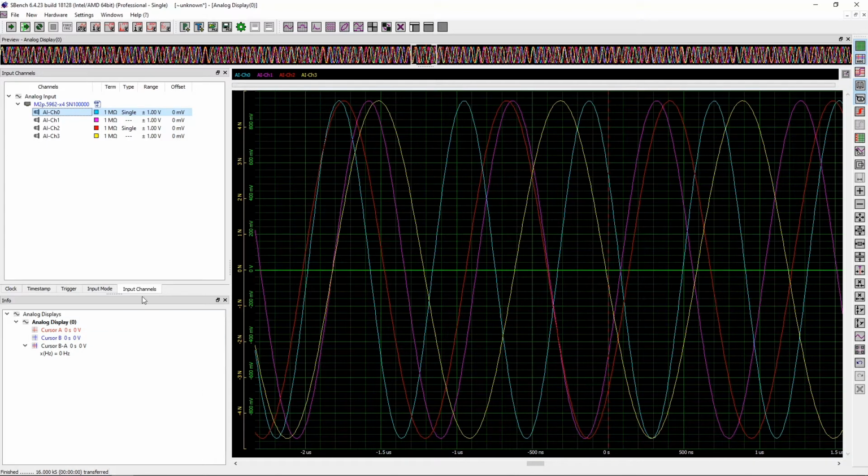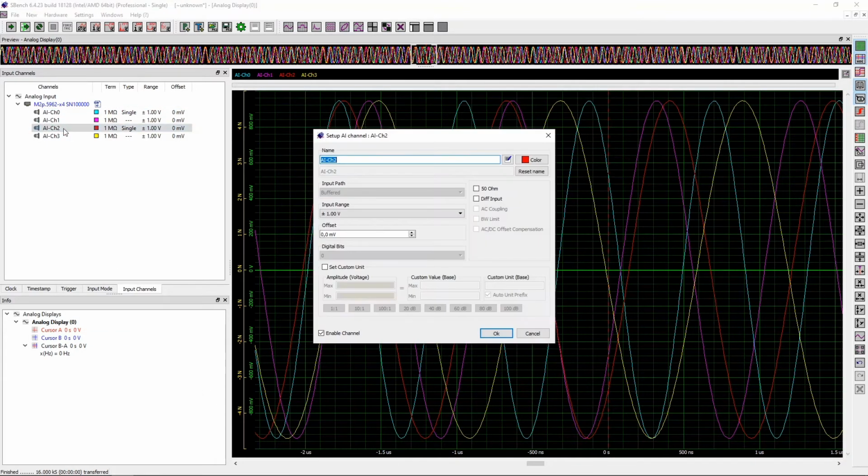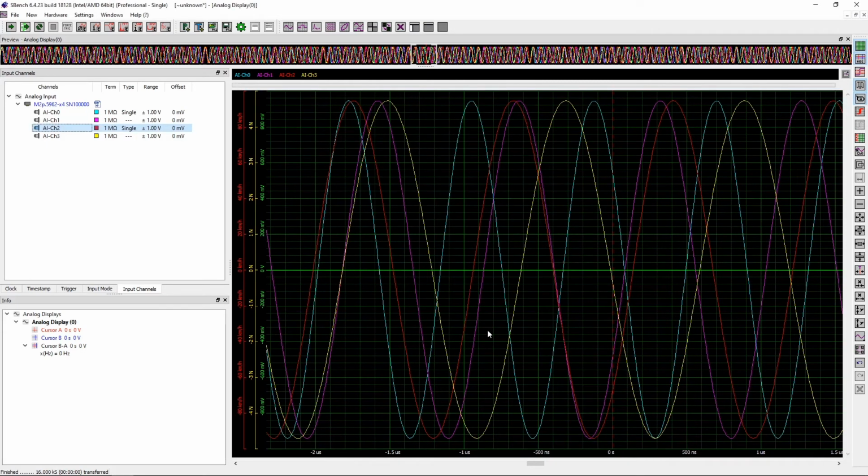Now let's set a second example. Double-click on channel 2, and in the Setup dialog, activate the Custom Unit function again. Below the settings, you will see some buttons with predefined scalings for probes and amplifiers. Pressing one of these buttons will use the currently selected input range as source amplitude, in this case 1 volt as default setting, and sets the custom unit to the predefined scaling factor. Just click the 100 to 1 button to fill out all fields at once, and then input kilometers per hour as the custom unit. Finally, click the OK button again. Now you see the new scale in red.